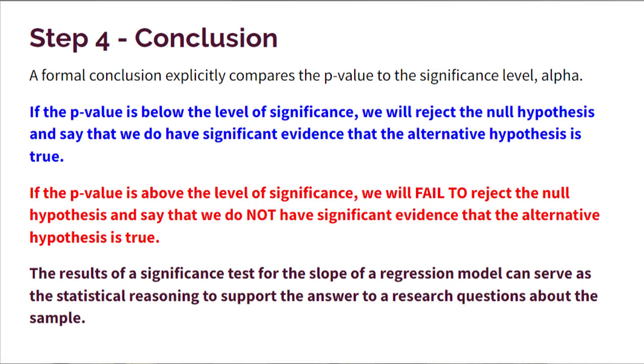We're not saying that there isn't a slope or that the slope is zero. We're just saying we don't have evidence that we could officially say there is in fact a slope. I mean, there still might be, we just don't have the evidence to support that conclusion. All right, let's look at how we could conduct these third and fourth steps in our example looking at our